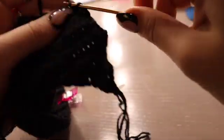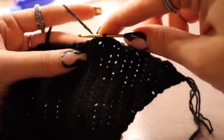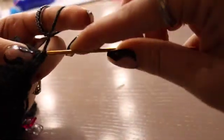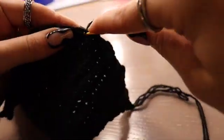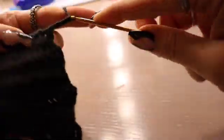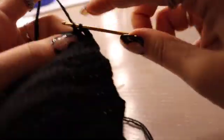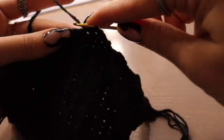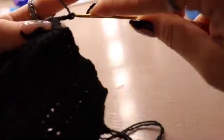Insert again. Slip stitch it on. And then 3 more slip stitches. So 1, 2, 3, 3 chains, 1, 2, 3, slip stitch, 3 slip stitches, 1, 2, 3, 3 chains, 1, 2, 3,